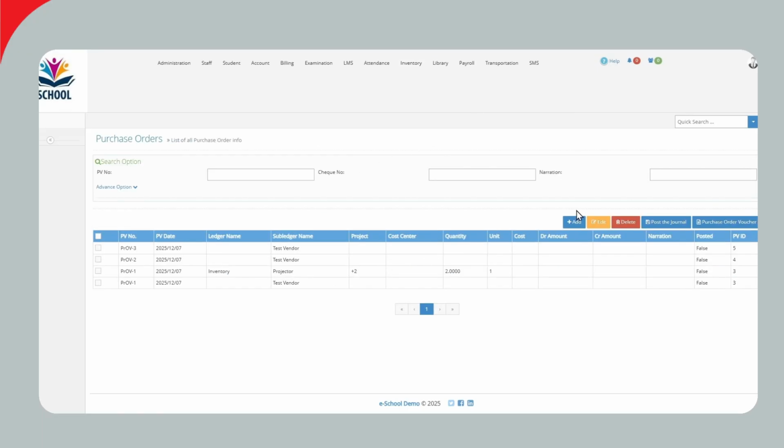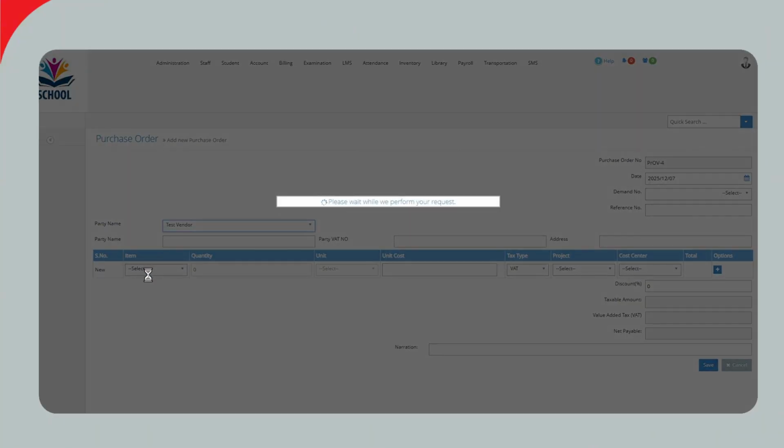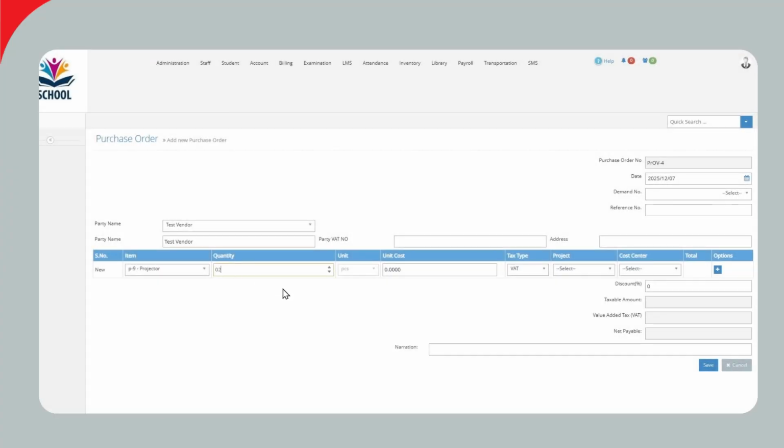After the demand is approved, a purchase order is created. For this, you can select the party name, quantity, and other required details and then send the PO to the vendor to supply the requested items. When the items arrive,